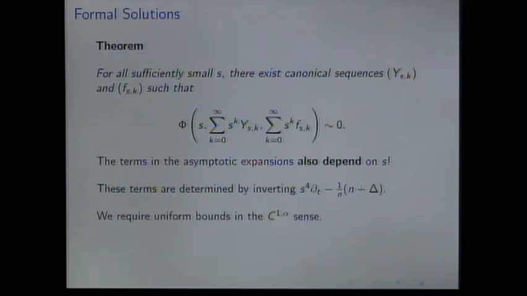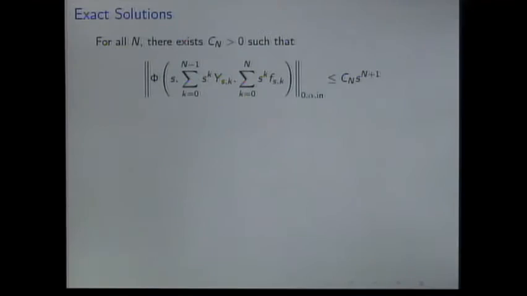But anyway, because we have our asymptotic series here, what this means in concrete terms is that for all n, there exists a constant. We apply this nice theorem here, which packages all these Hölder estimates very cleanly, and we realize that for all n, there exists a constant such that this thing is less than or equal to C_n times s to the power n plus 1.